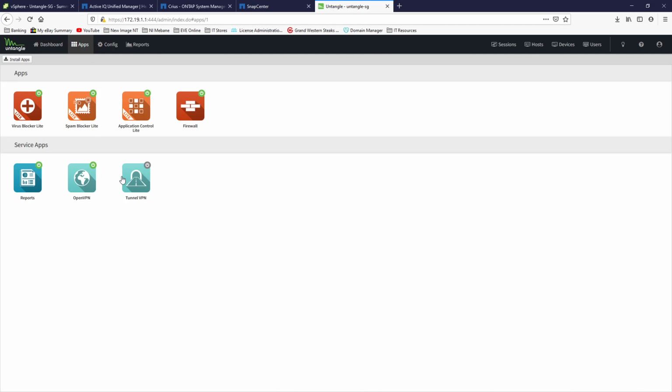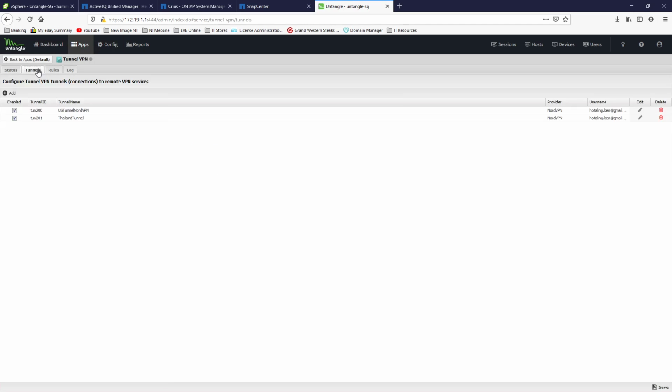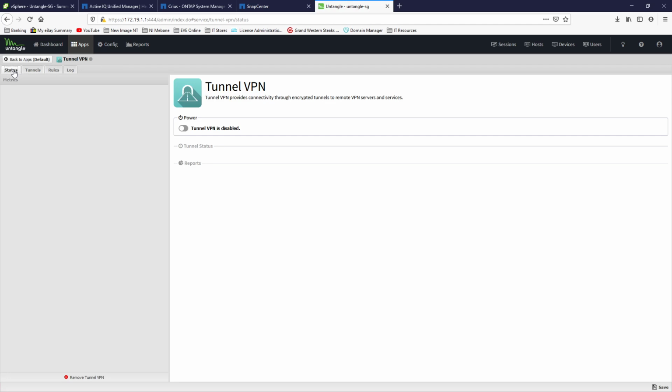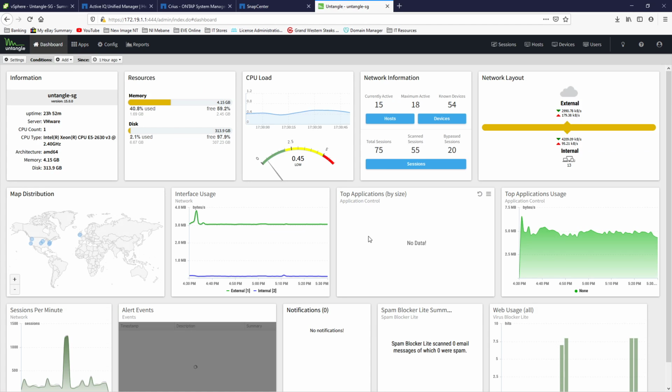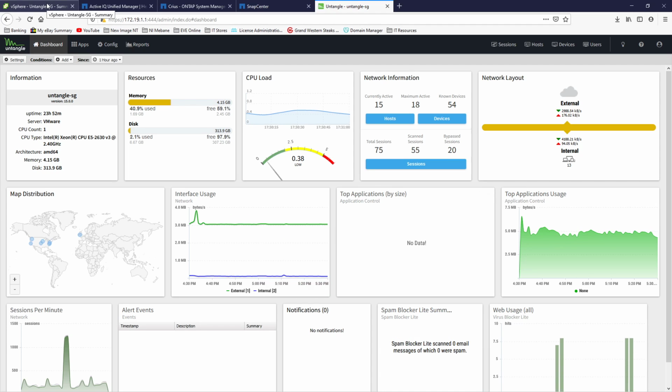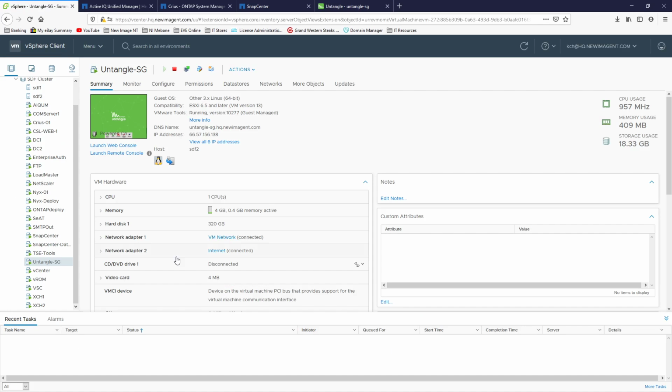But then I've also got this guy right here, which I've got a couple of Nord tunnels to grab things that I don't want my ISP to be tracking, I guess. So yeah, that's Untangle. Very cool product. I wholeheartedly support the use of these. The only thing I will say is that